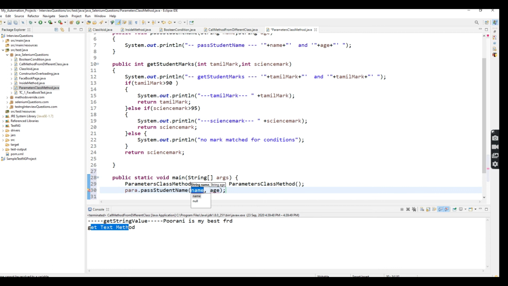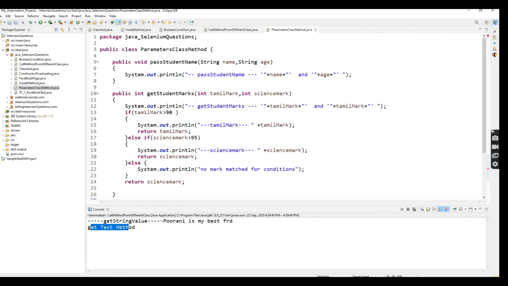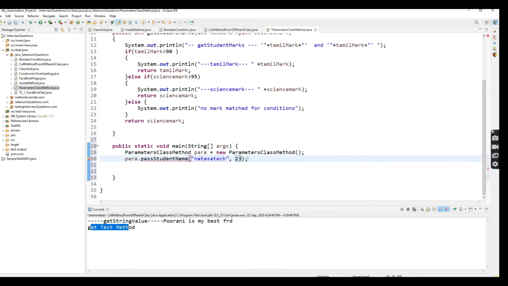So here you can see how to give a value inside this method: name and age. So now I'm going to give Natasha, and age 23. These are the two parameters I'm passing, but it will show an error because the age I stored is in string format. For that reason you have to give double quotes.